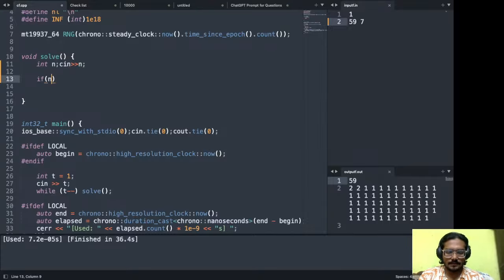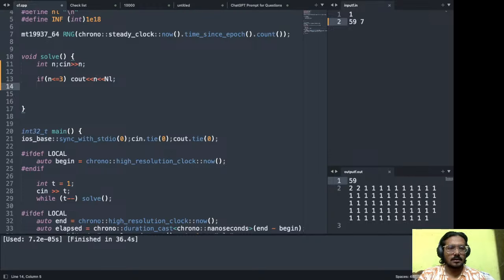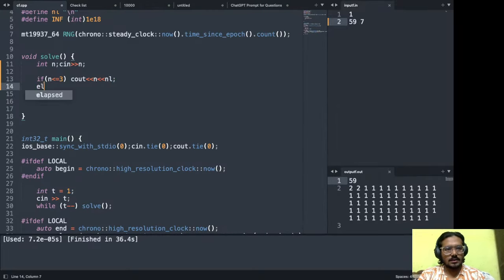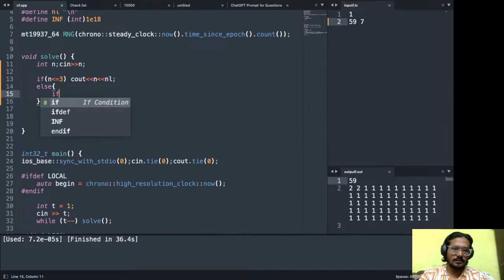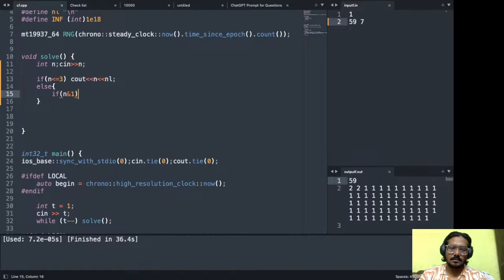If n is less than or equal to 3, cout n and a new line. Else if n is odd. No, if n mod 3 equals 0 or